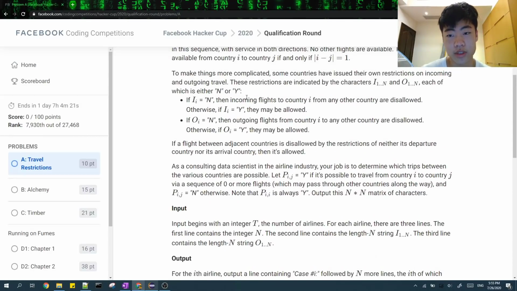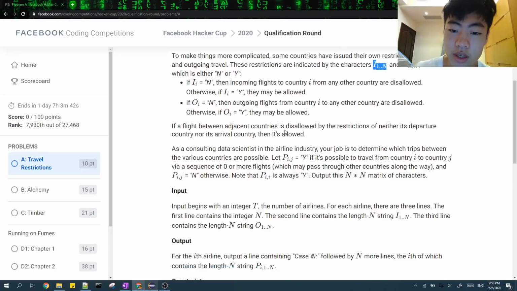Okay, so the first thing we should do is find which flights are allowed from the given I and O. And this should be pretty straightforward. You just need to check that, for example, if you want to know if the flight from 1 to 2 is allowed, then you check that I of 2 is yes and O of 1 is yes. Okay, after you find, for each pair and each direction, if the flight is possible, then what you can do is